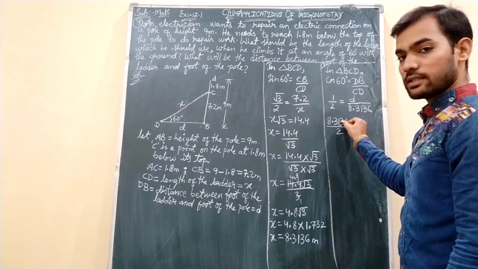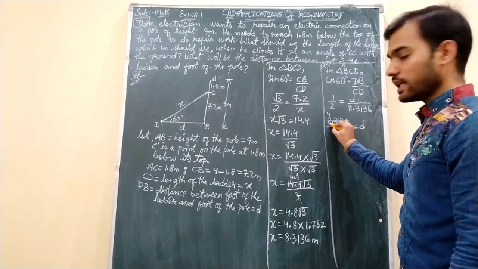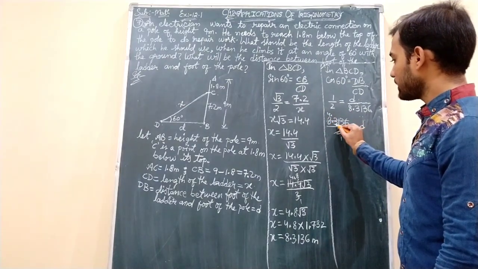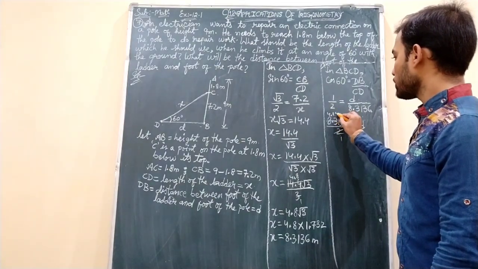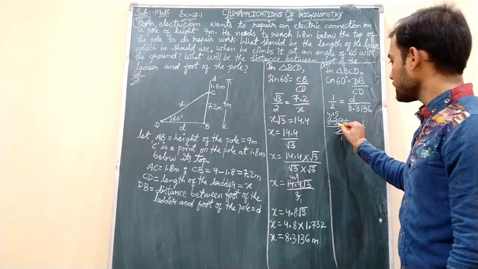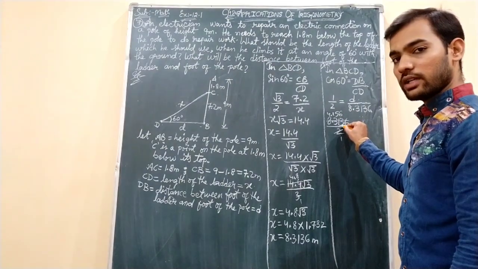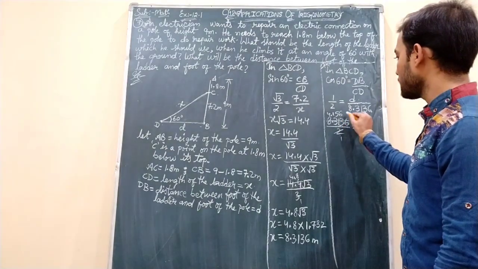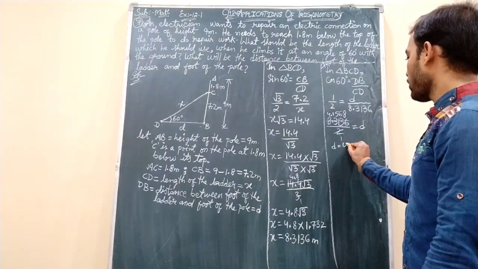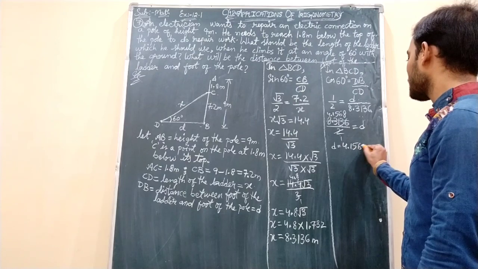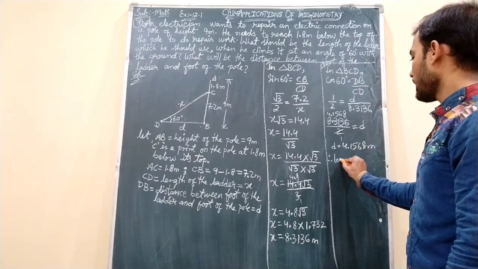So cancelling this and this now, 2 ones are 2 gets cancelled, 2 fours are 8 you will get, then you have decimal point, this is 3, so 2 ones are 2, 1 remains, 1 goes beside it becomes 11, 2 fives are 10, again 1 remains, 1 goes beside it will become 13, 2 sixes are 12, again 1 remains, 1 goes beside it will become 16, 2 eights are 16. Okay students, the value of d is 4.1568 meters.